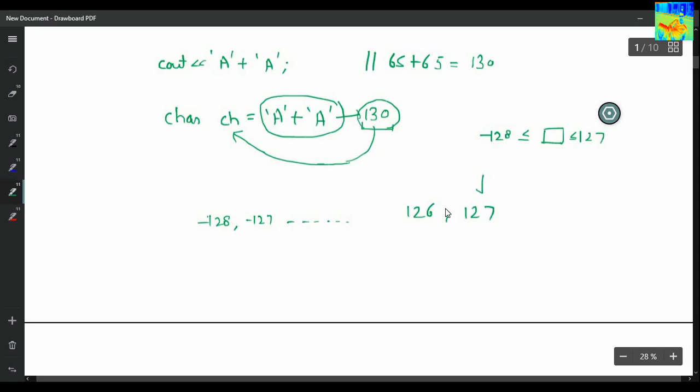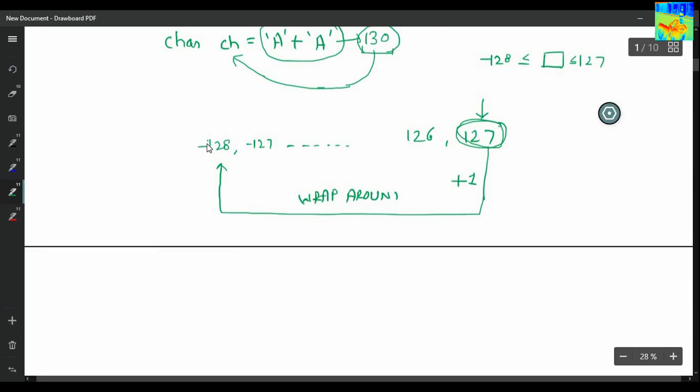When you are standing at 127 and you do +1, you will reach here. This thing is called wraparound.